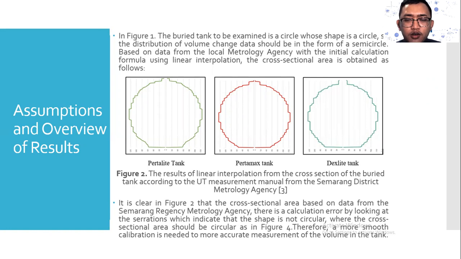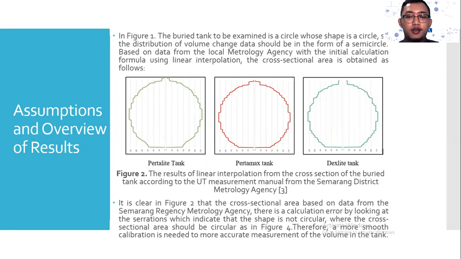We can see the approximation from the linear interpolation has some error. The front of the tank should be a circle, and that is why orbit mode data fitting is used